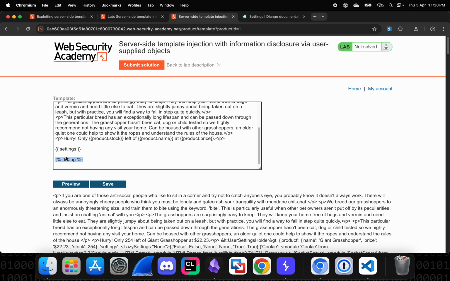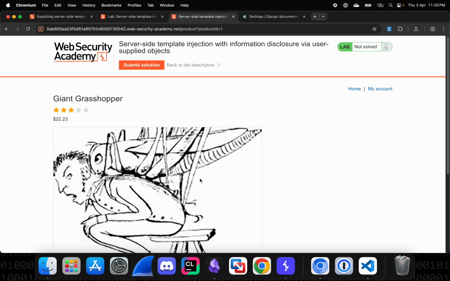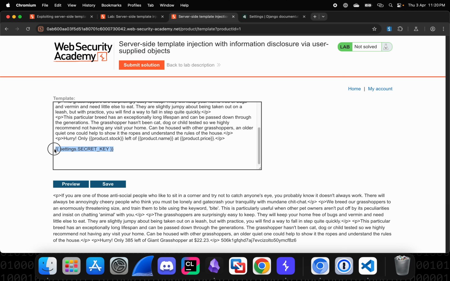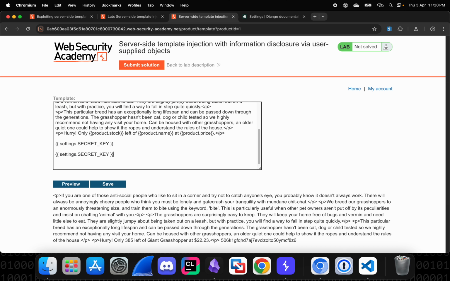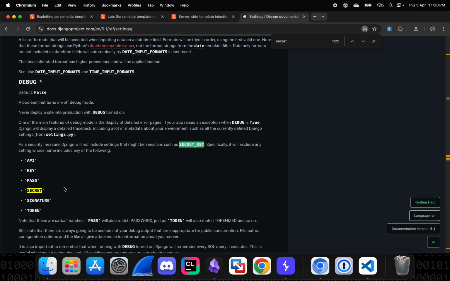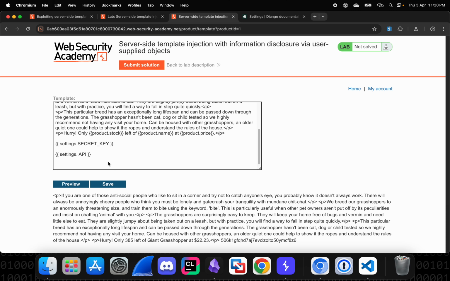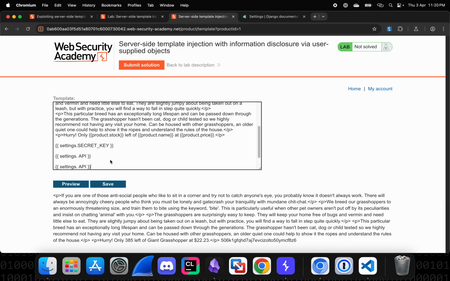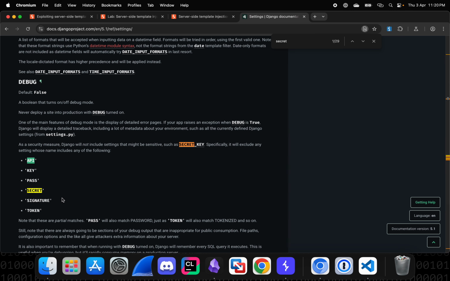Let me just delete debug and click here .SECRET_KEY and save it, and now it is showing this key. One other thing I will try to do also is print out the other values that were stated in here. So API, KEY, PASS, all that, and try how many of them can be printed, because here we are trying to reveal sensitive data. Key,